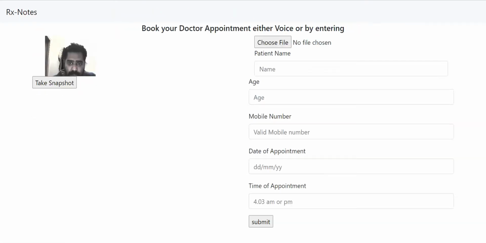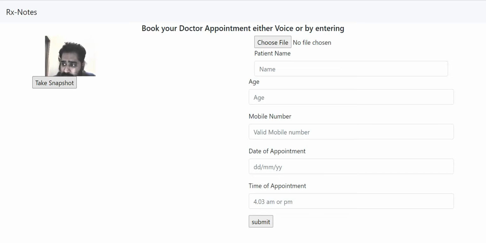As soon as you go to the book appointment stuff, you'll get this page where you can take a snapshot. This use case is tested because mostly what happens is when you open a form, you're asked to choose a file, but the specifications will be like such and such KB or MB. So you'll find it hard to find a photo which fits.